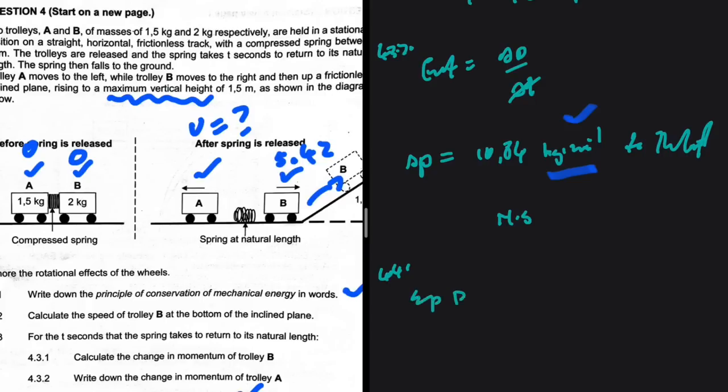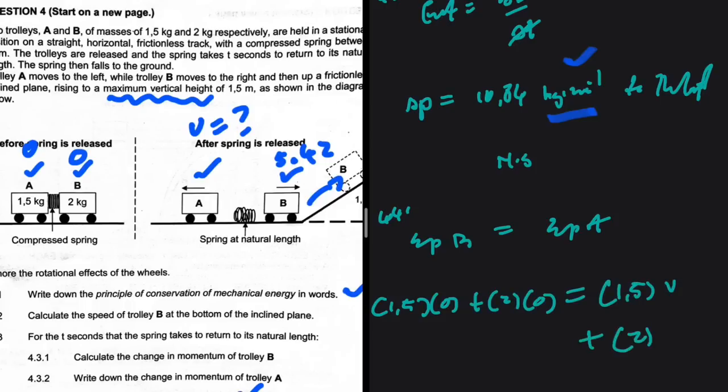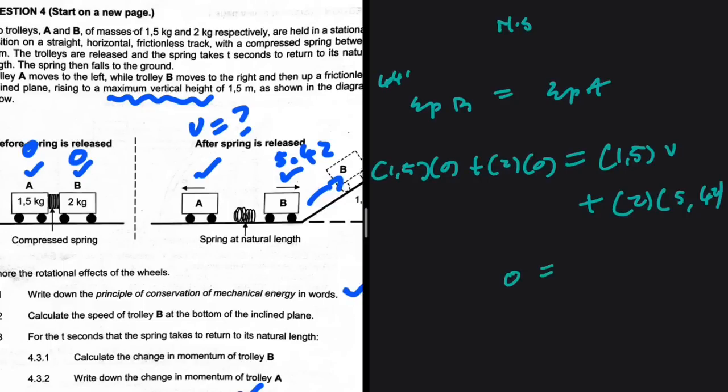So the total momentum before should be equal to the total momentum after. Before, we have 1.5 multiplied by 0 plus 2 multiplied by 0, and after we have 1.5 multiplied by v plus 2 multiplied by 5.42. So 0 is equal to 1.5v, and then 5.42 multiplied by